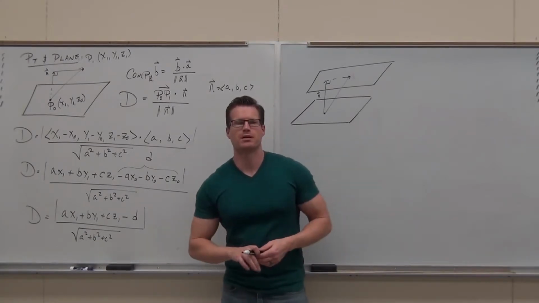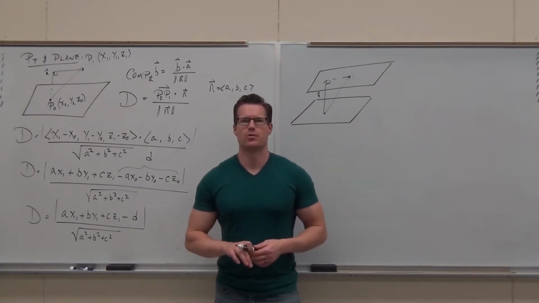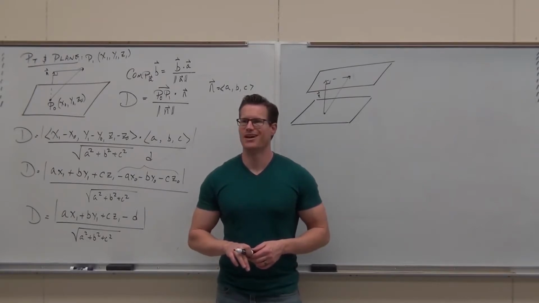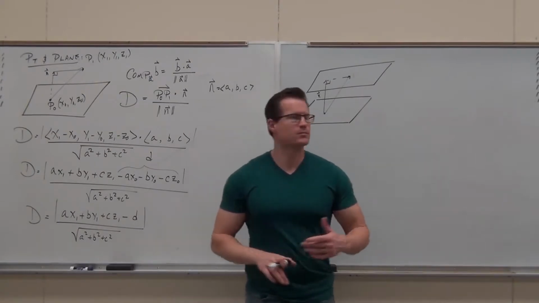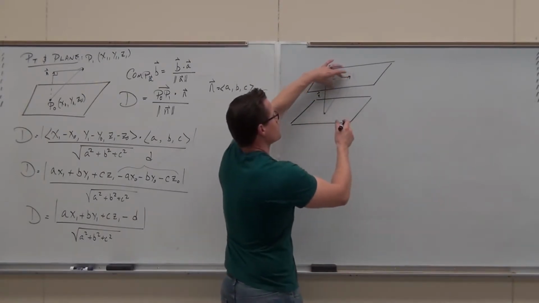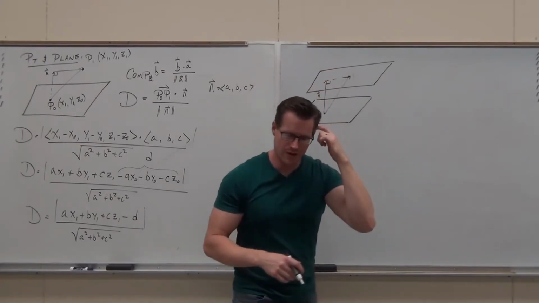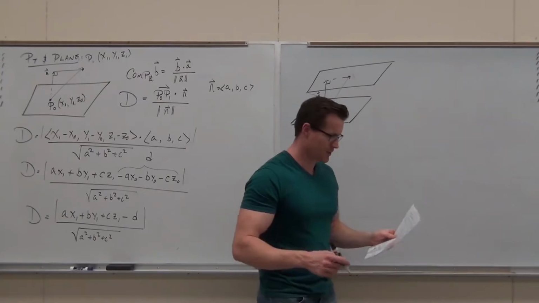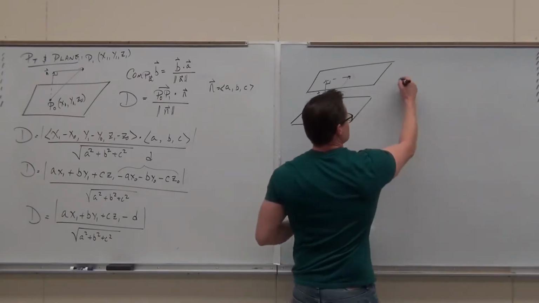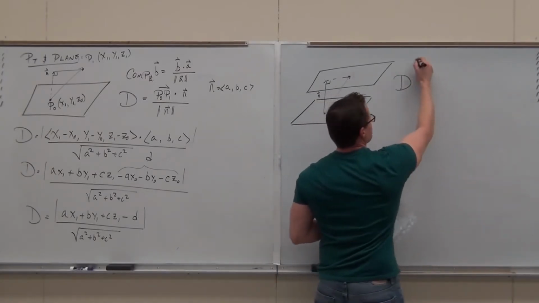But if the planes are parallel, true or false? If the planes are parallel, they have the same normal vector. True. Yes. Okay, if the planes are parallel, they have the same normal vector, then when I move this over, we have the same normal vector. A lot of cool stuff happens. In fact, if we have that same normal vector, the distance between parallel planes,